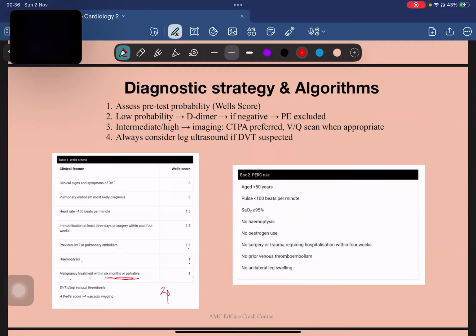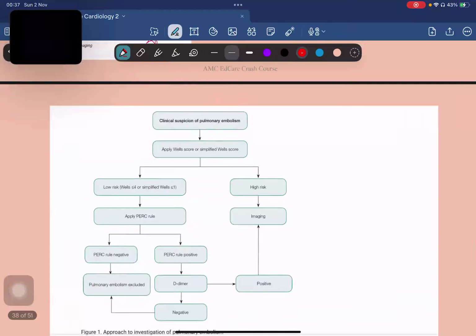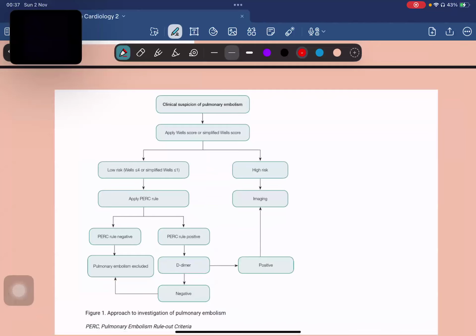So yeah, that should be that. The Wells score for PE is the most used one, more than this PERC rule. We'll come there. We find it in the diagnostic algorithm, but this is more important. So when you get a clinical suspicion for pulmonary embolism, we would apply the Wells score, the simplified Wells score,